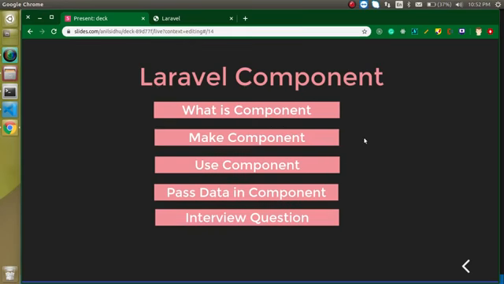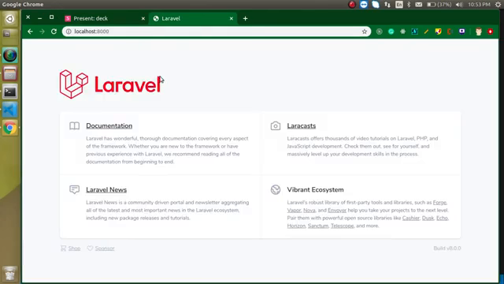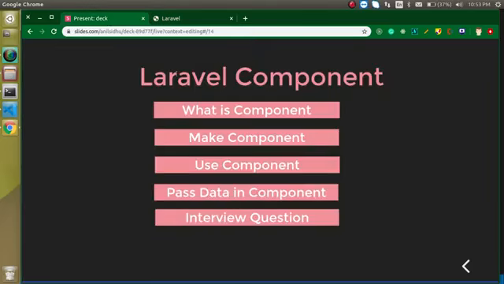But components are much more advanced than functions, because functions have limited functionalities, and we cannot use functions in Laravel especially as an output renderer, right? But in the component we can write HTML, we can write PHP, we can connect the database inside it, and there are a lot of things that you can do with components which cannot be achieved with normal functions,